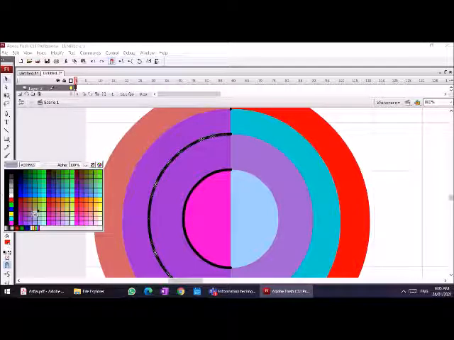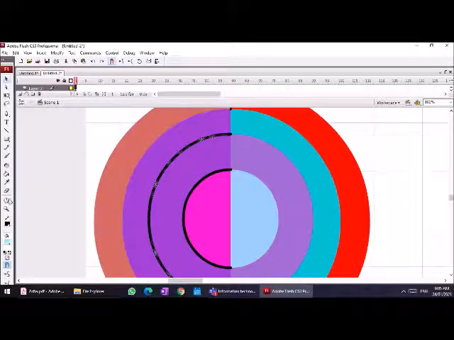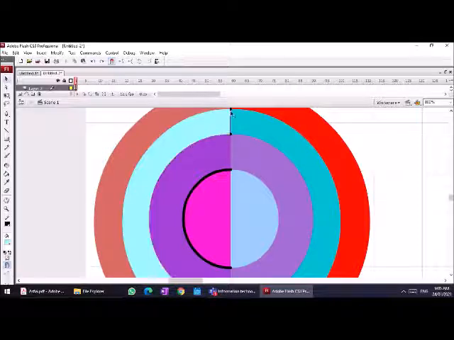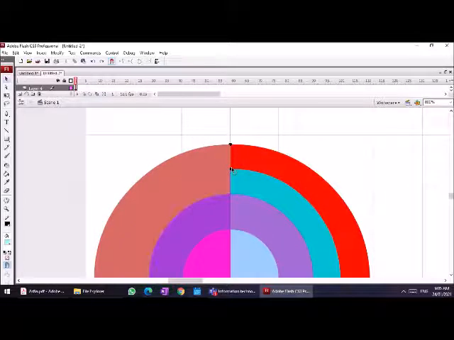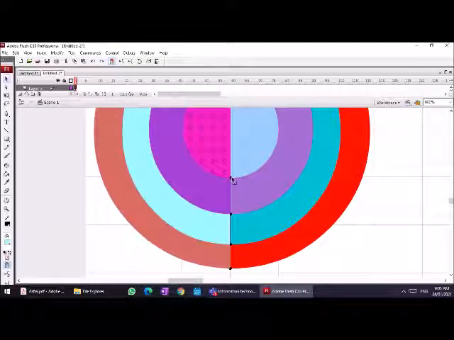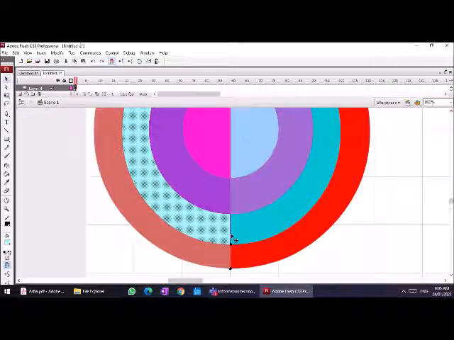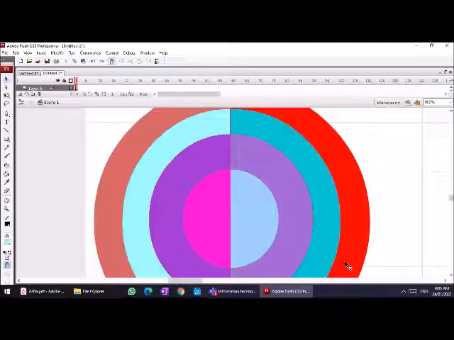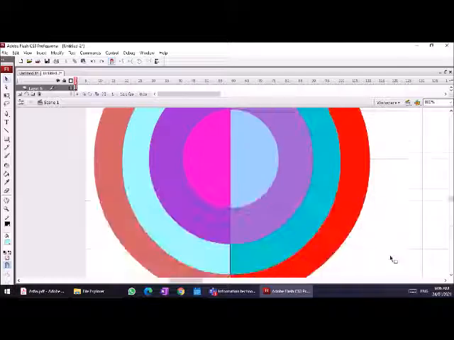Let's first change the color for this one. And now we have half and half circles with two different colors.